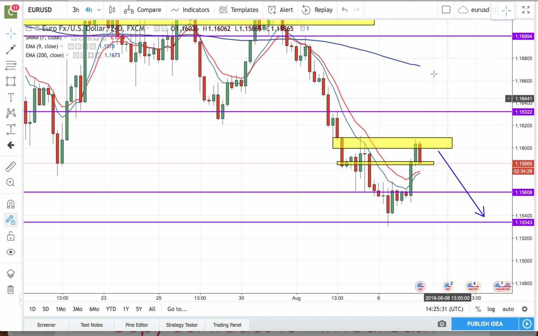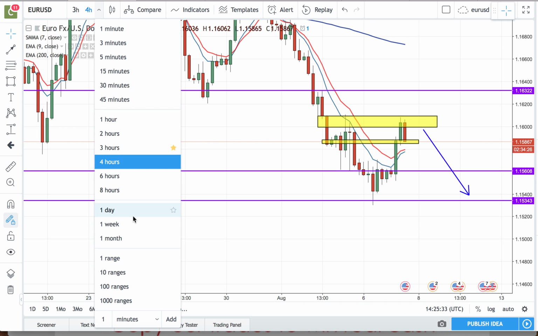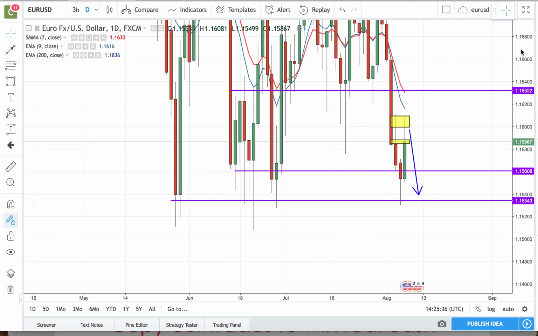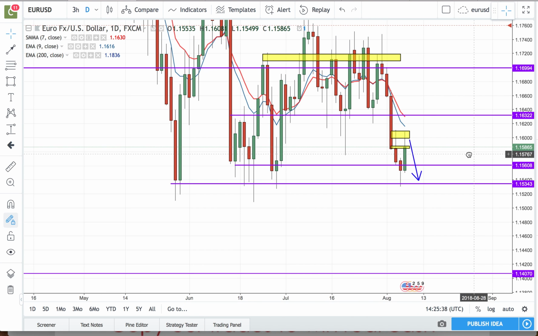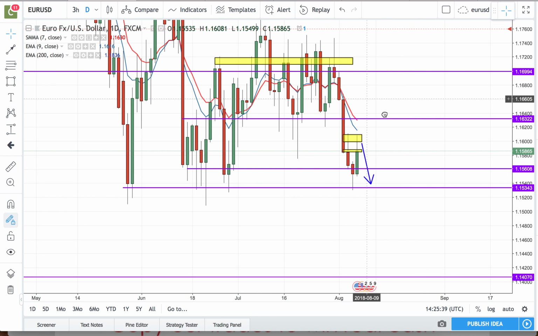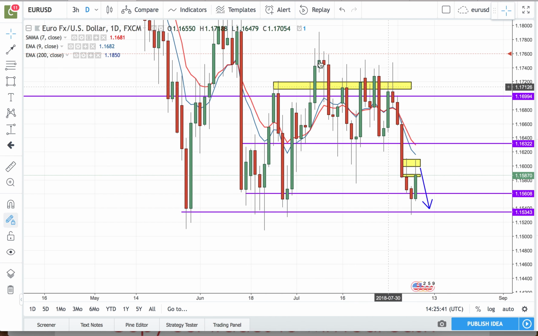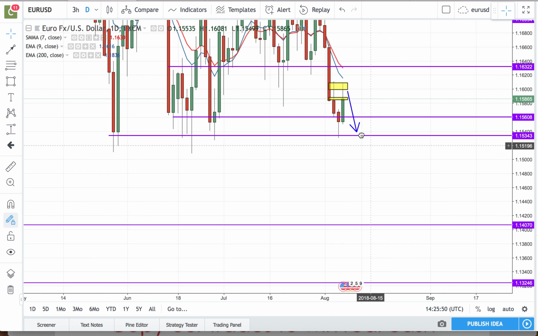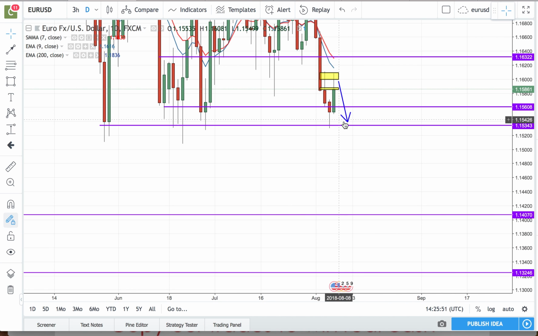Overall bias for this pair, to be totally honest, would be a sell or a swing to the downside. The news announcements recently have favoured a big change in direction for Euro USD. We just need to see it play out. We might have to be a little bit patient, but if it does break this level and we head all the way back down towards 1.14, that is a gigantic move, which could take a few days to a few